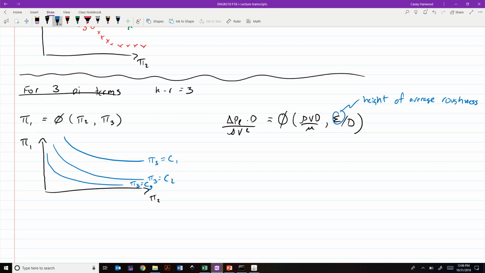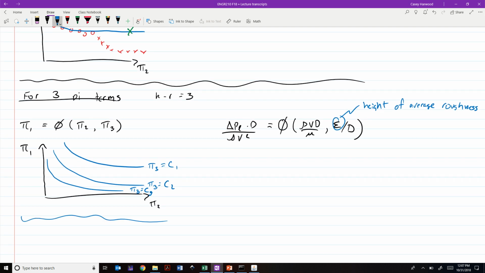Okay. So that deals with representation of experimental data for 1, 2, and 3 pi terms. If we go into more pi terms than that, if we have 4 pi terms, now we need to have a family of this set of axes, right? And we start to get into cases where we're not really saving ourselves effort by doing the dimensional analysis, but we still have too many variables to explore manually. Okay. So summarize this by saying